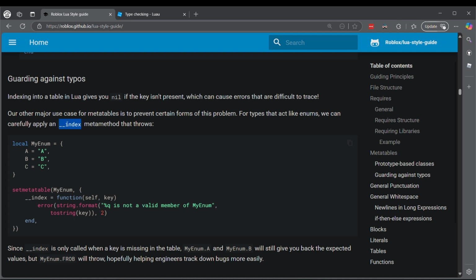Now in Python, it would be double underscore index double underscore, but I still call it dunder just because it's easier to say dunder than underscore underscore. So, the dunder index metamethod. In this case, they've got an enum that they're creating, B, B, C, C. And then they're basically indexing as if